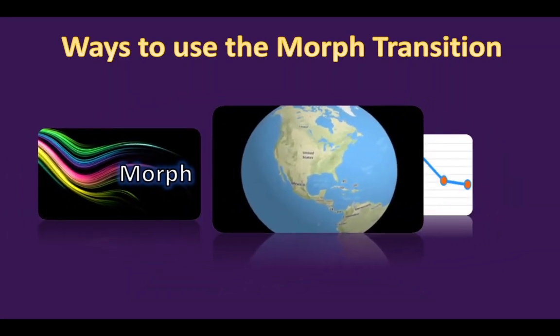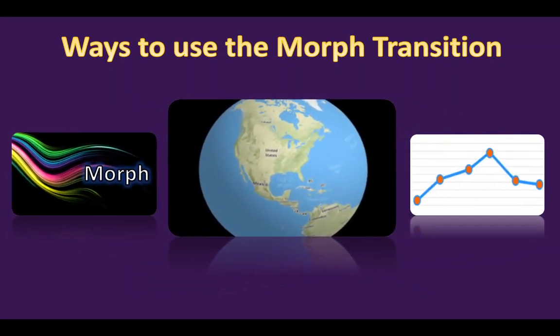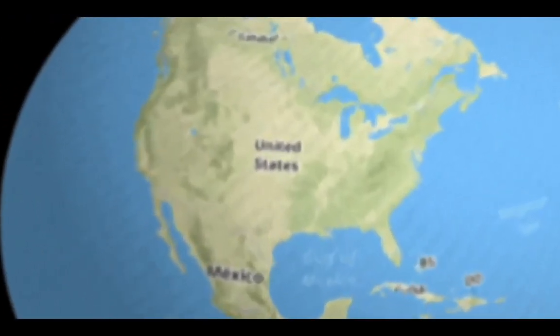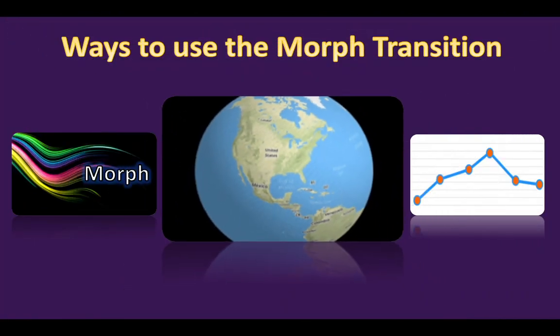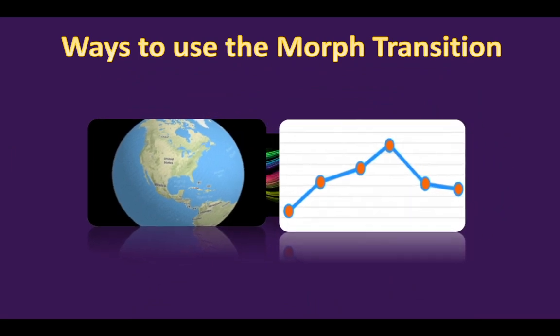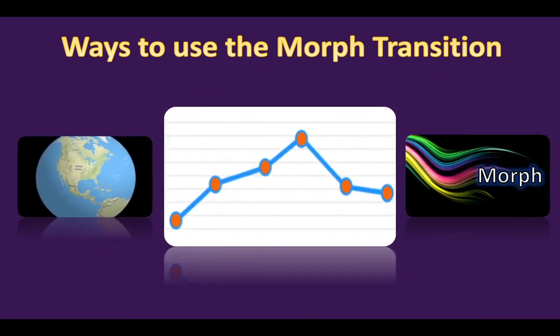For our first example, you're going to use the Morph transition to animate images in your presentation. For example, we can use the Morph transition to zoom into this map, and we can also use it to zoom back out. For our second example, you're going to learn how to use the Morph transition to bring attention